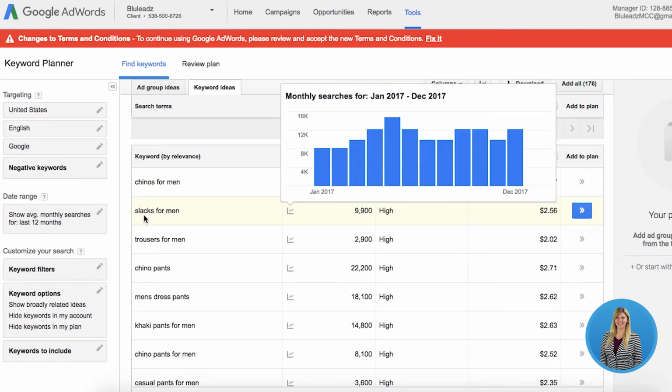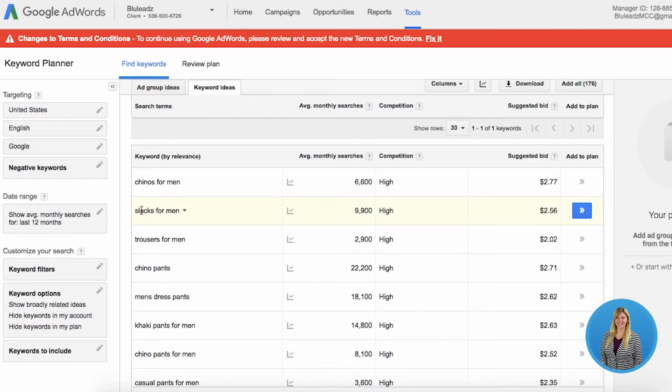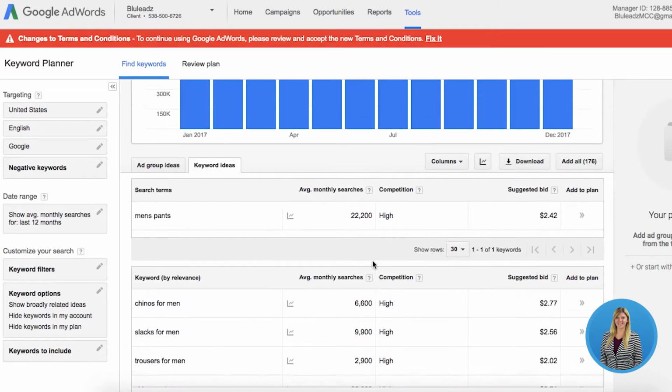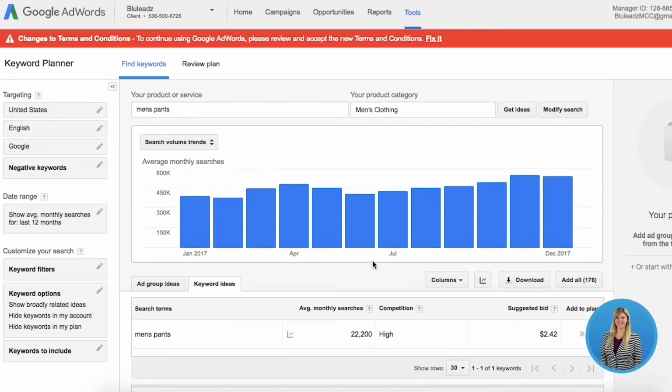So like I said, slacks for men, that could be a good keyword. Maybe if you're in a tight-knit area, there's some lingo that you could add that's specifically for your company. Trousers. Khakis, if I sell khakis, maybe I need to add that as a keyword, or if I don't sell khakis, maybe I need to add that as a negative keyword. So these are just a few different avenues that can help you come up with new search terms, new keywords to add, and making sure that the structure of your keywords is implemented correctly so that you can get the